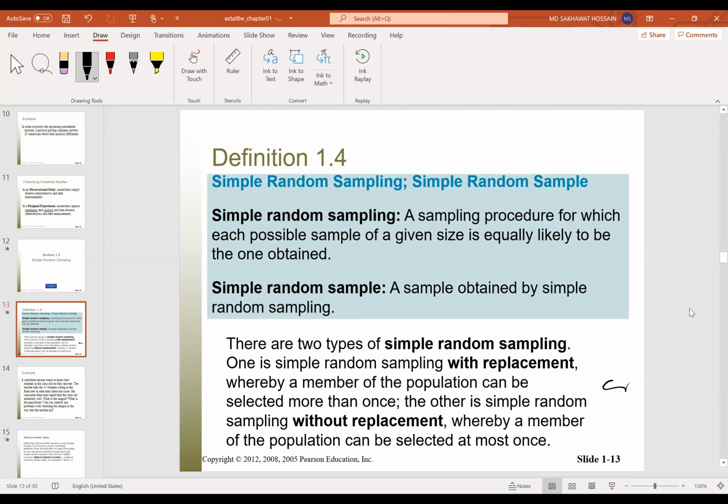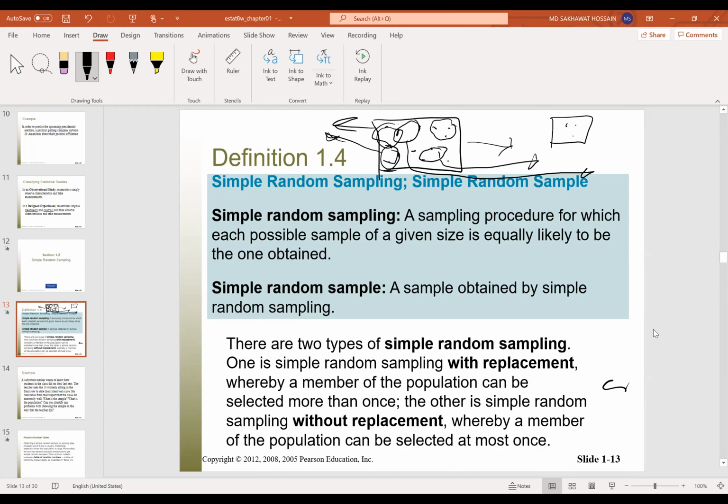I'm sorry, okay, it's working now. So suppose this is our population and we have these individuals in our population. Now we collected a sample of size 3. We collected 3 individuals from the population. So this is our first sample. Maybe we collected these 3. We have also other individuals in our population, right? So we can also collect these 3, or maybe these 3. So that means we can collect so many samples from the population with the same size. If all the samples have equal chance to be obtained, then this is called simple random